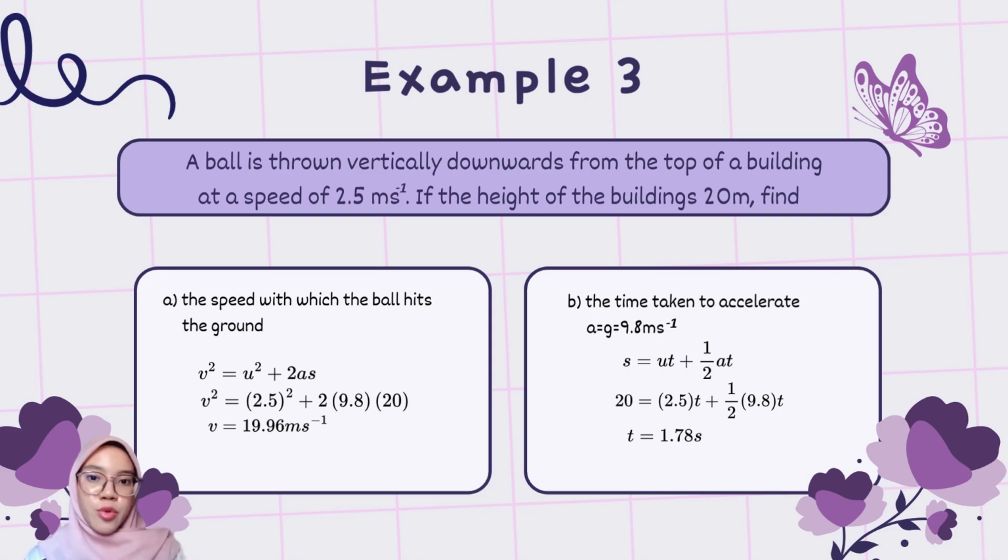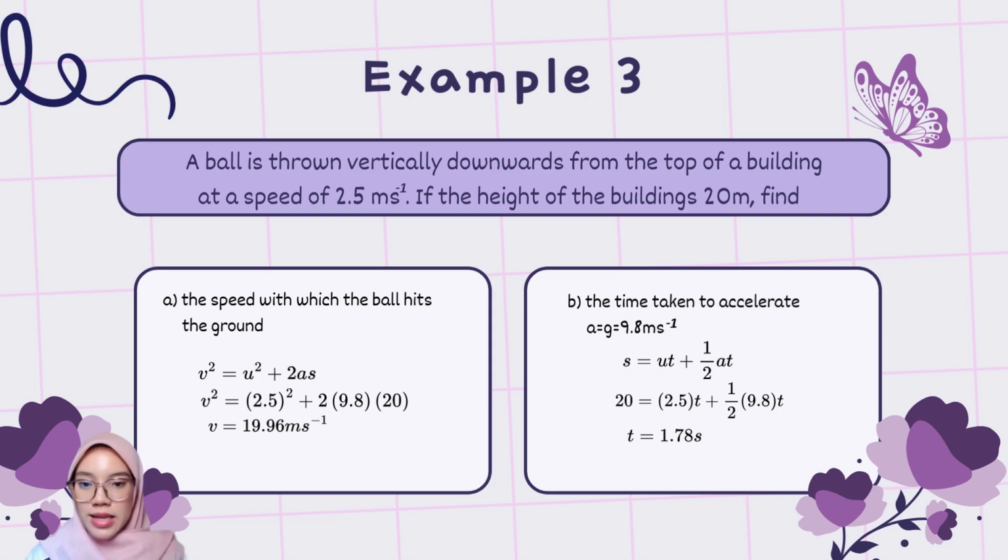Why do we use 9.8? Because this is a vertical motion question. And then for the acceleration, we substitute with g, which is 9.8. And then we calculate until we get the answer for final velocity, which is